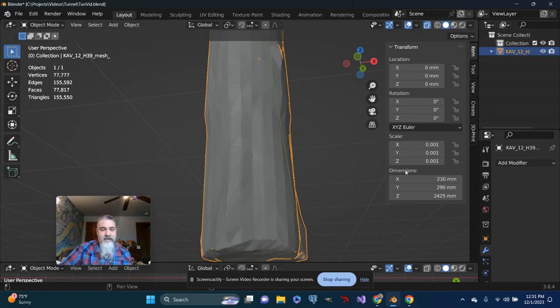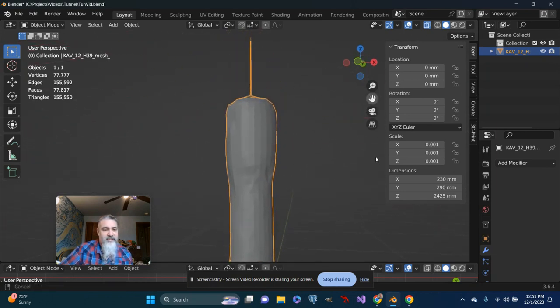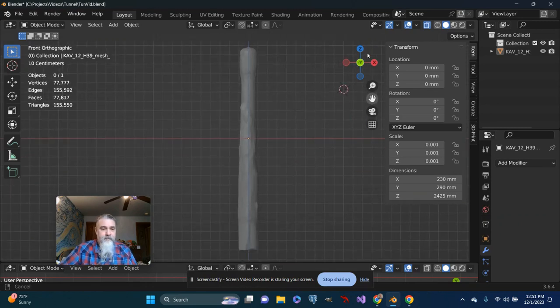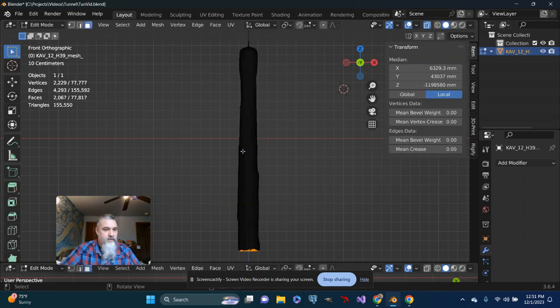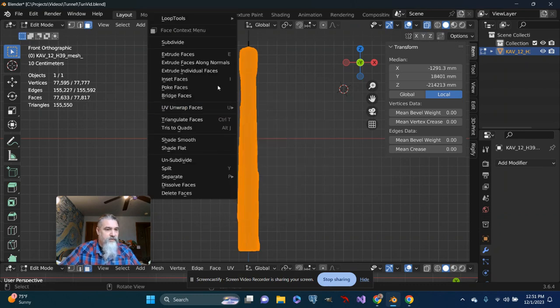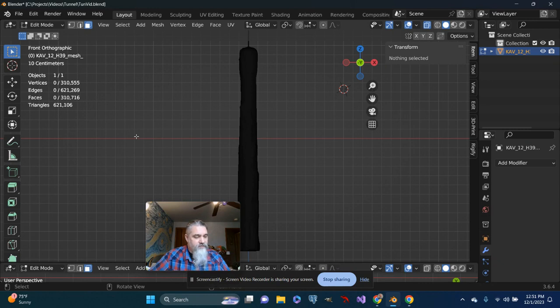So, other options that I might consider, if I've got concerns up here with thin faces, like I had previously dealt with, I might do something like going in, being in X-ray mode, and I could tab into edit mode and maybe just select the areas that are not necessarily of concern and doing a subdivision this way. However,